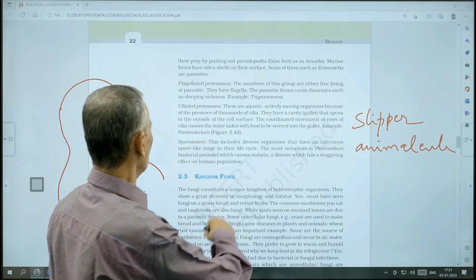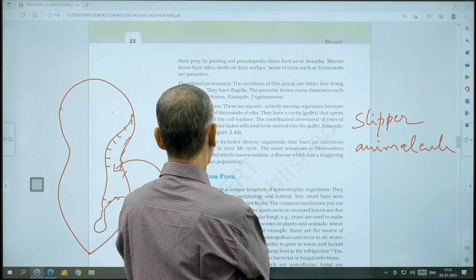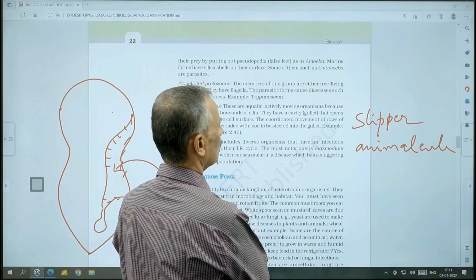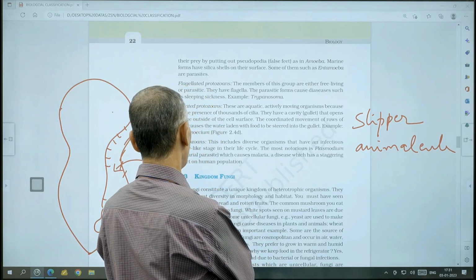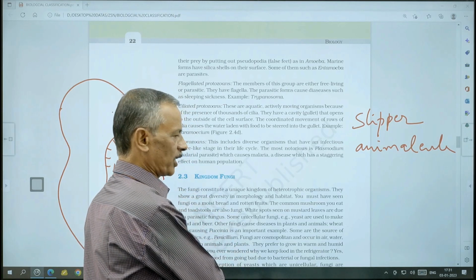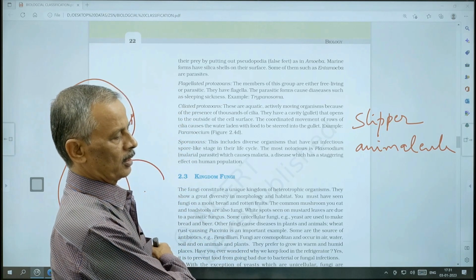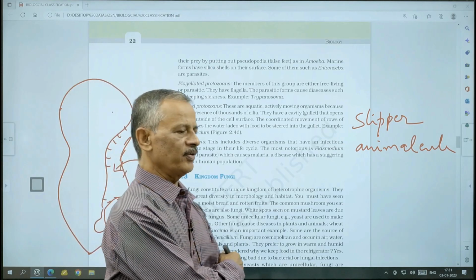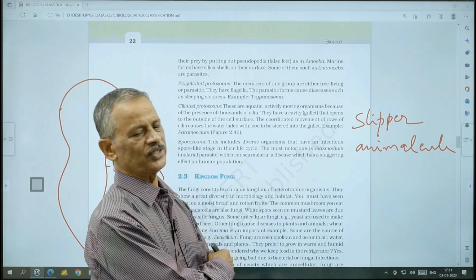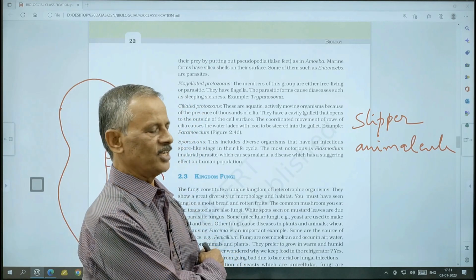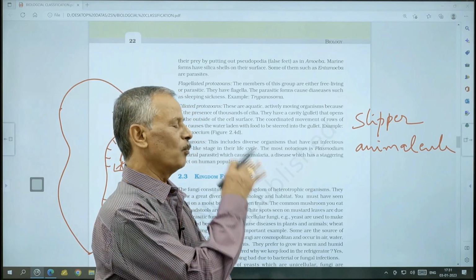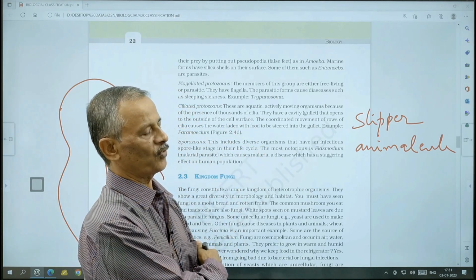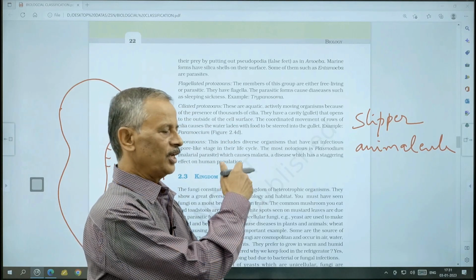Now, we pass on to the kingdom Fungi. Formerly, this was included along with Plantae. Now, they are all separated, because plants have a diploid sporophytic stage in their life, which is the most important stage in their life, the sporophytic generation. Whereas in fungi,